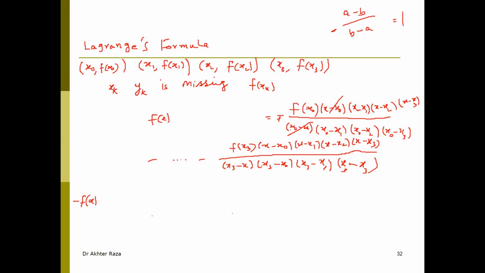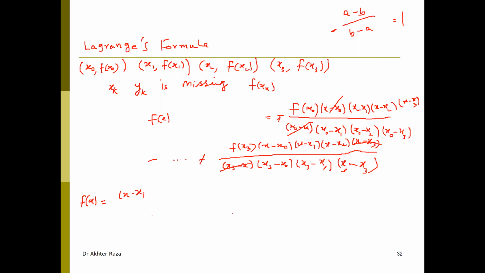You can see, here I have x minus x3, and here I have x minus x3. So this x minus x3 will be cancelled out with this x3 minus x along with this negative sign. So now I have a finalized formula. I am writing the formula here, and then we'll give you the chance to ask questions. Then this is equal to f(x naught)